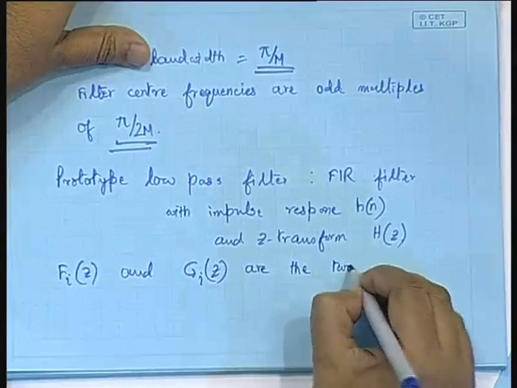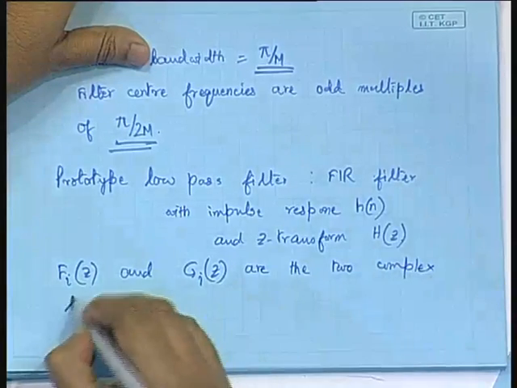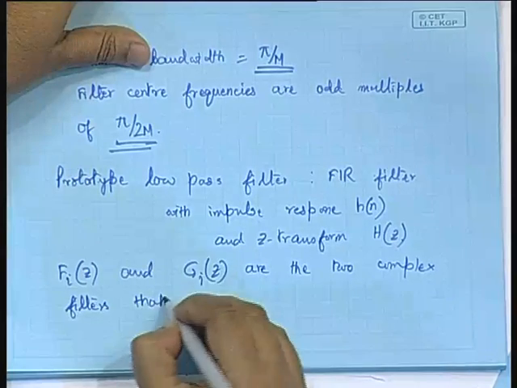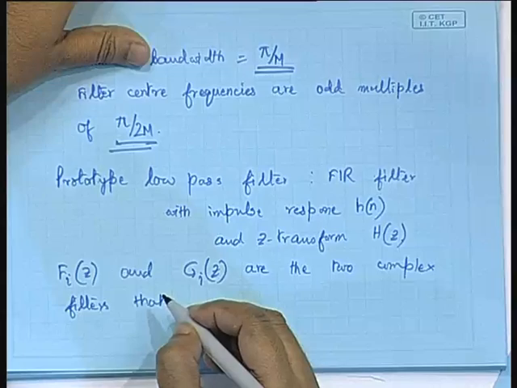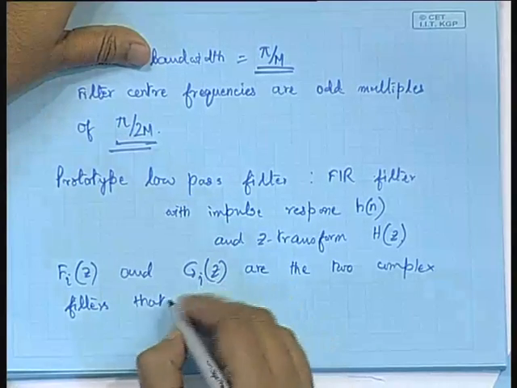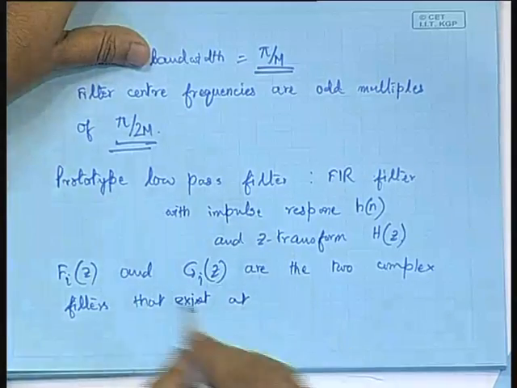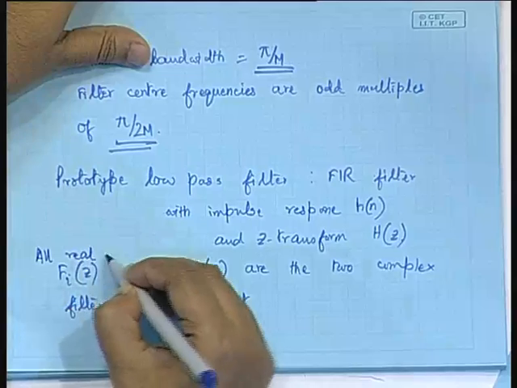These are the two complex filters that exist at where? At the positive and the negative frequencies. Okay. So, all real band pass filters. So, we should say that all real band pass filters